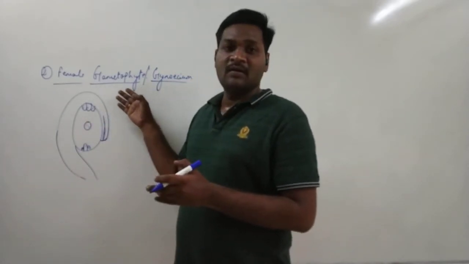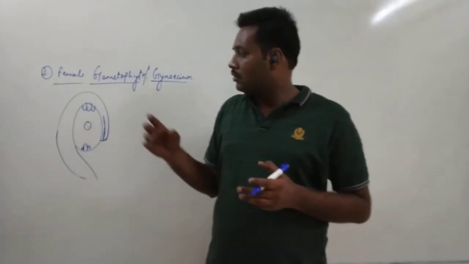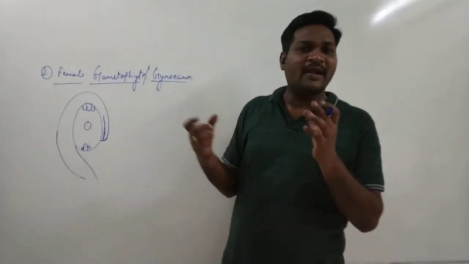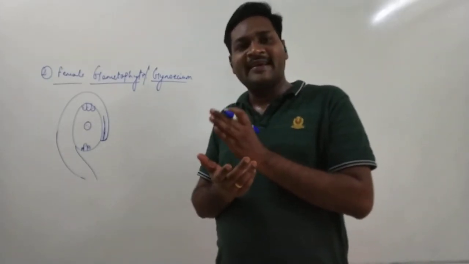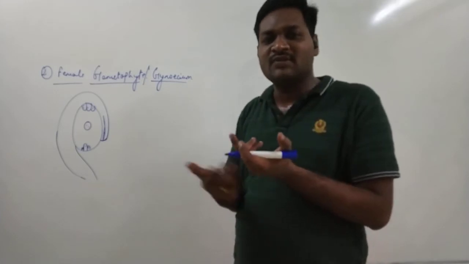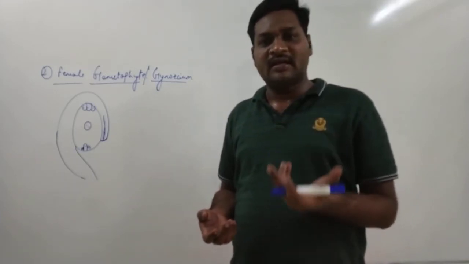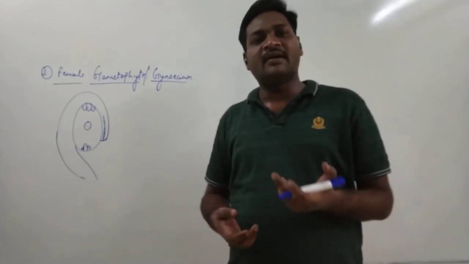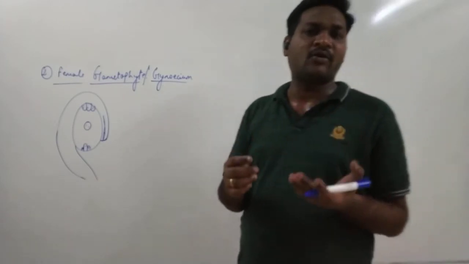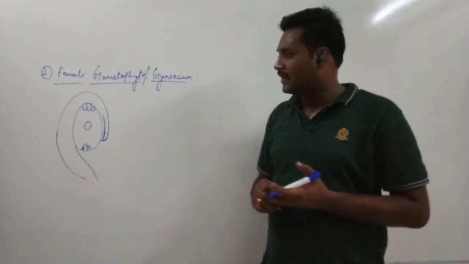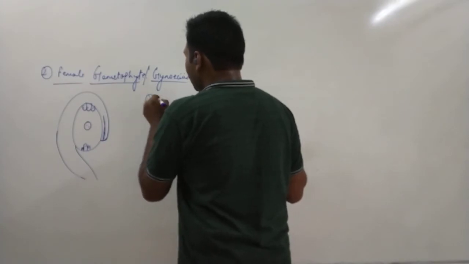So how this structure is formed or how it is developed within the ovary, that we are going to study by the different steps. Okay, so here, before I go with the particular steps, I would like to tell you that, see, whenever any kind of division or any kind of modification is taking place within the plant cells, they undergo cellular division. Okay, that can be the mitotic cell division or the meiotic cell division. Now, what is mitotic or meiotic cell division? See, there are two different types of cell divisions. First is called mitosis.